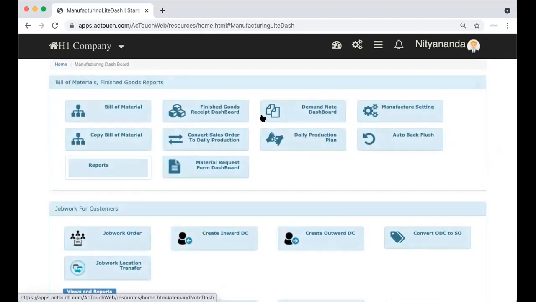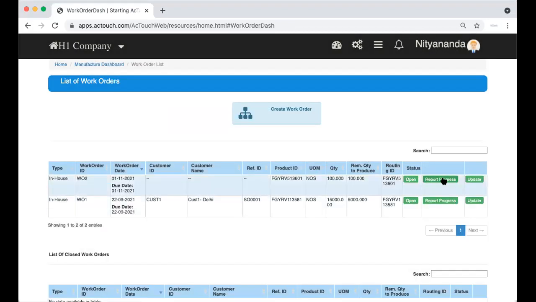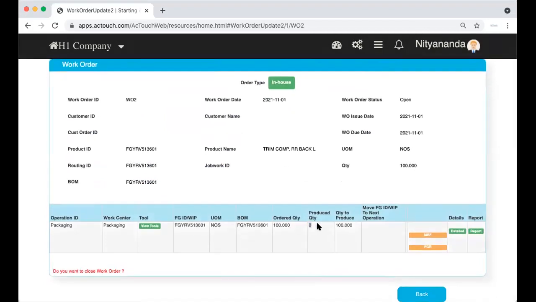Post that, if you come to the work order dashboard, you click on the particular work order once again. The system will say how much production is